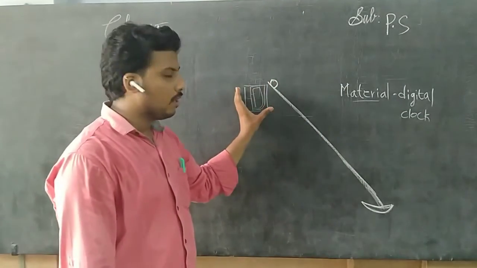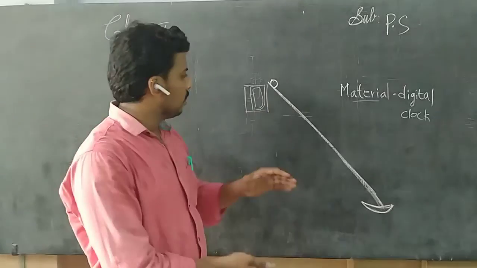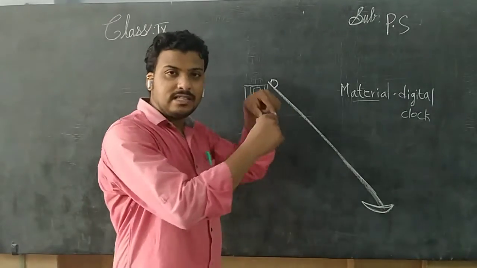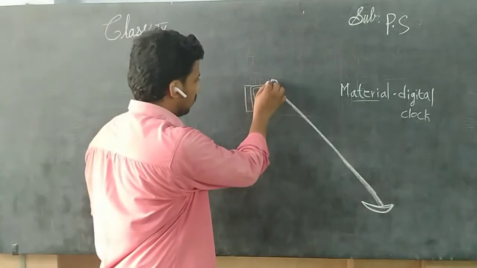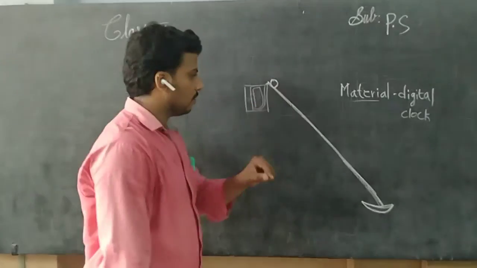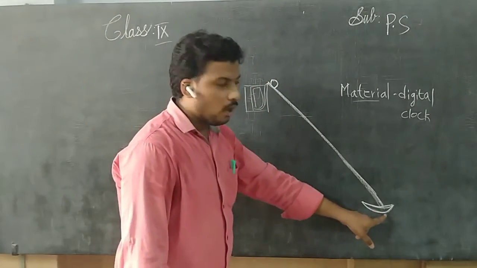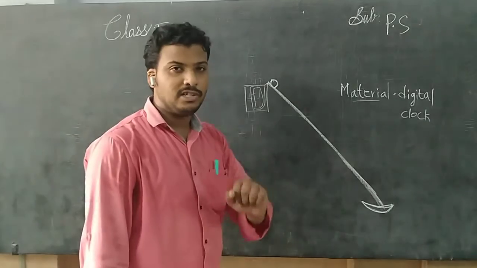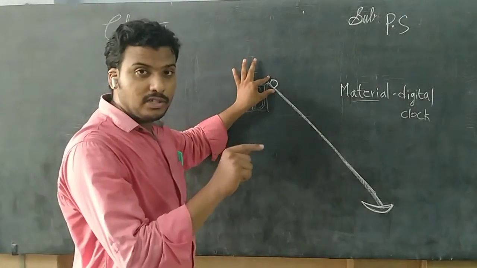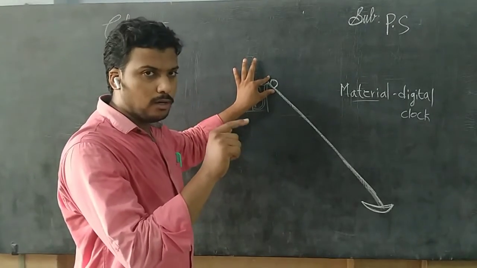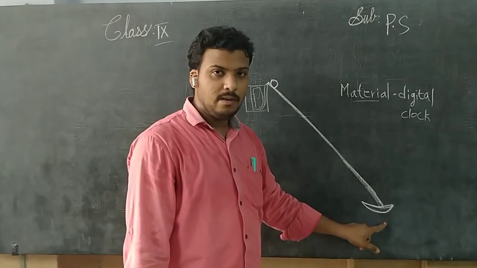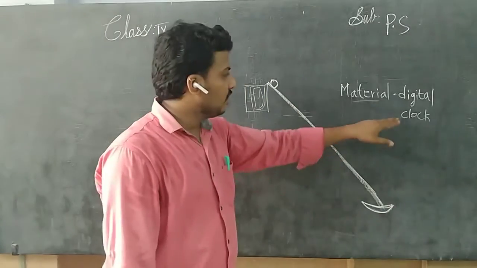Understand, children? First of all, keep a heap of books on the ground. Then take these two tubes and fix them as one track, children. These are two parts, but we fix them as one track. At the bottom of the tube you keep a steel plate, and the marble should be released from the top of the tube. Then we start the digital clock. 1, 2, 3 seconds are going on. Then when it hits the steel plate, you turn off the digital clock, children.